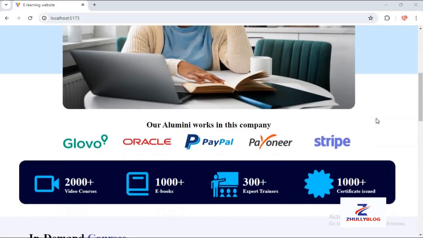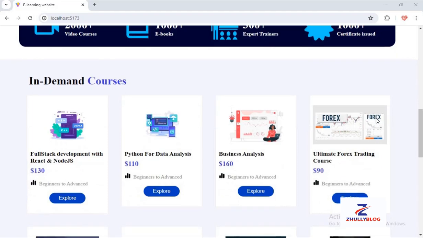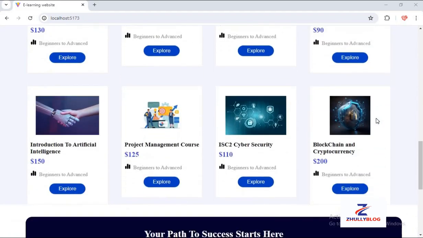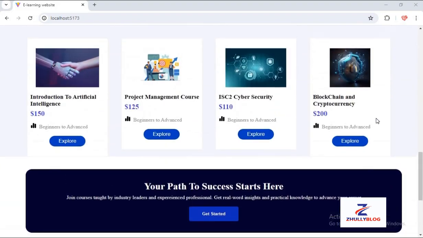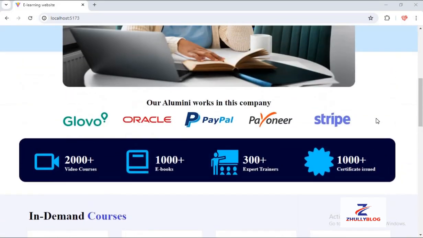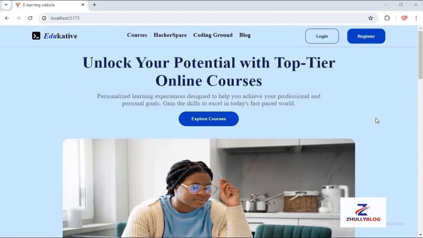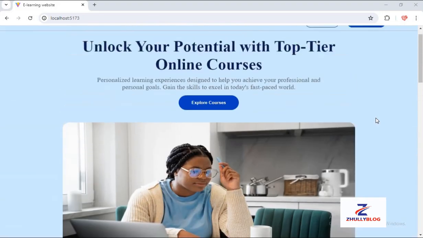In this tutorial we're going to learn to build an e-learning website using React.js. So this is simply the website we're building. This is everything we're going to build in this tutorial. We're going to be working on all of this, the navbar, the hero section, the courses,